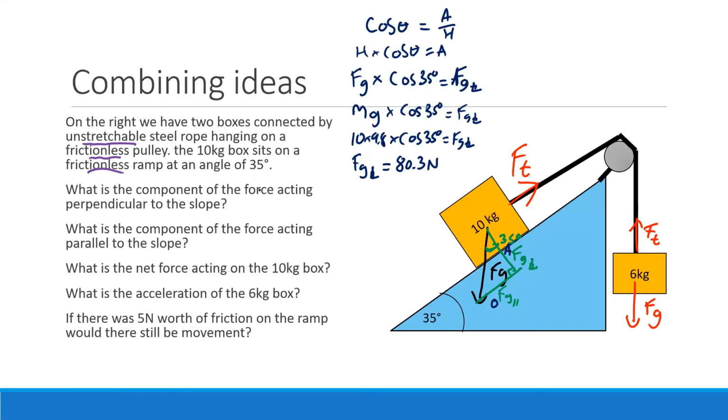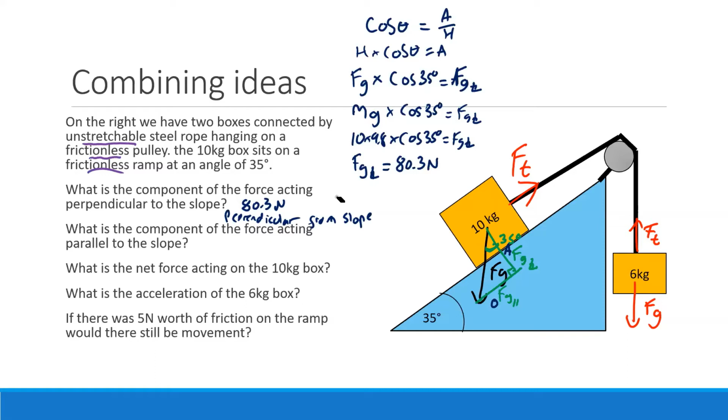So what is the component of the force acting perpendicular to the slope? I really should have said what is the component of. So that's going to be 80.3 newtons towards, we'll go perpendicular to the slope. Now, realistically, I probably should have rephrased that question just to say the magnitude of the force, the size of the force, because the direction that this is applied, obviously this is the force